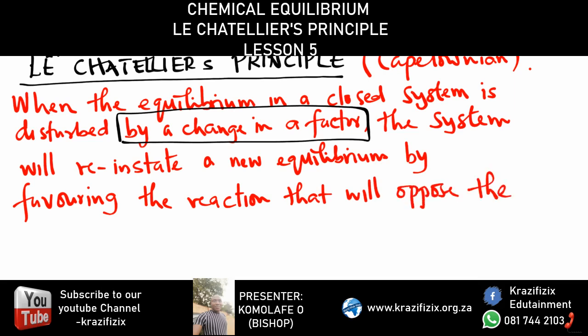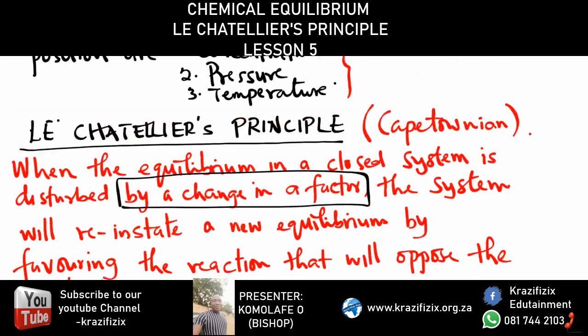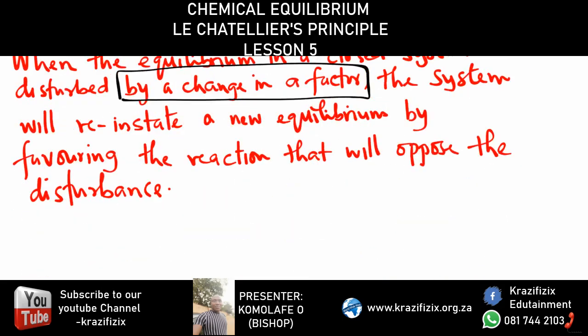He told me in person, that's why I can explain it in different ways. When the equilibrium in a closed system is disturbed, the system will reinstate a new equilibrium by favoring the reaction that will oppose the disturbance. And what are the factors? Please note, I want to repeat. The factors are concentration, pressure in terms of gases,